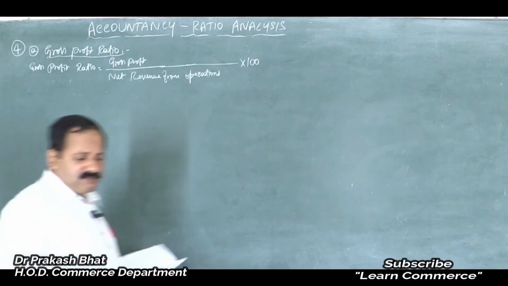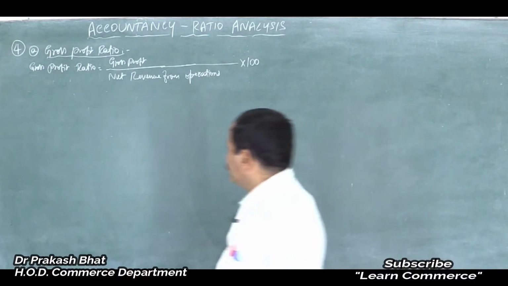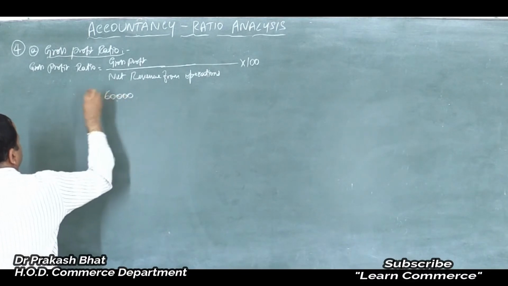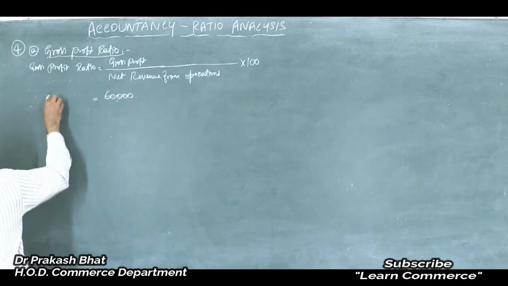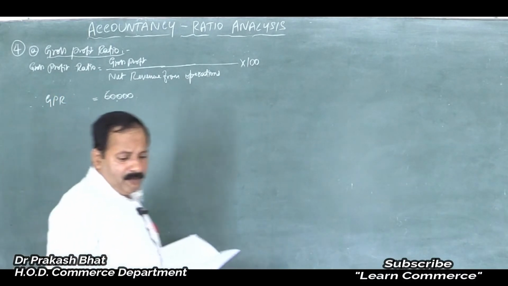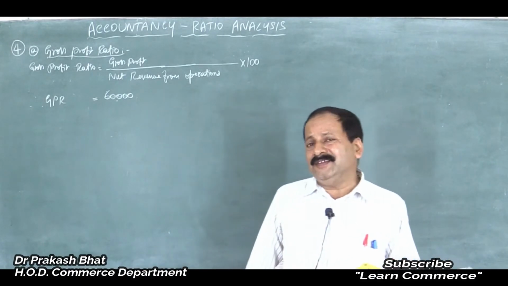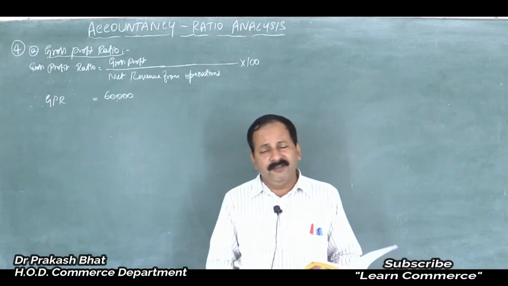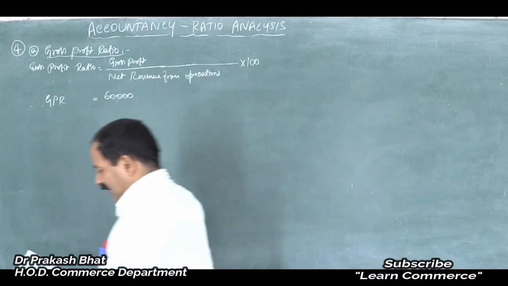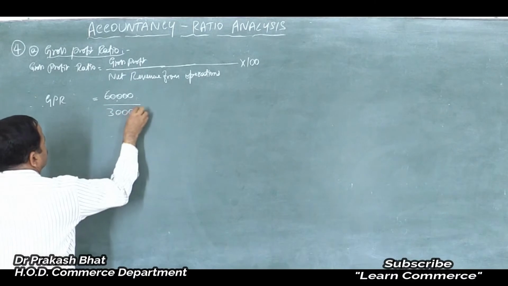Now substitute the figures. Gross profit is given in the problem as 60,000, so straight away we will write the amount 60,000. Therefore GPR is equal to gross profit ratio. Net revenue from operations means sales minus sales returns. There are no returns, so this itself is the net revenue from operations. How much is it? 3 lakh. 3 lakh divided by 3 lakh